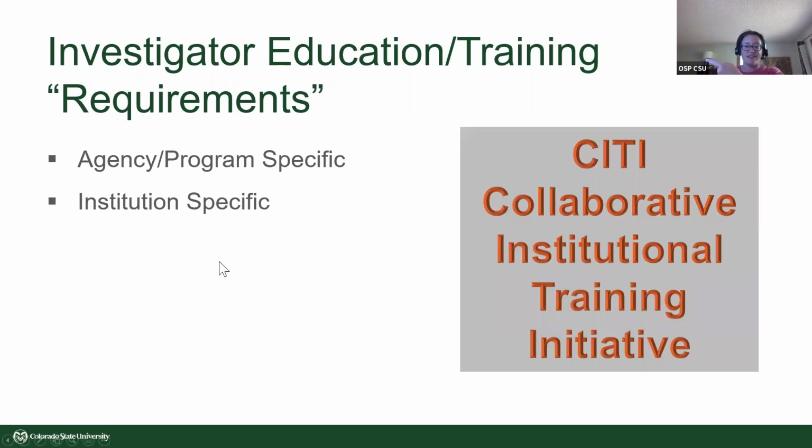So I mentioned CITI, that's the acronym. You might want to be familiar with that because CITI has a lot of training out there on different regulatory compliance areas, and it could be something that you would see on the exam. So CITI, Collaborative Institutional Training Initiative, is what that stands for. And again, it's not just IRB, it's also IACUC training, it's conflict of interest training, it is responsible conduct of research training, it's training for biosafety. So there's a lot of different modules that are offered by CITI.